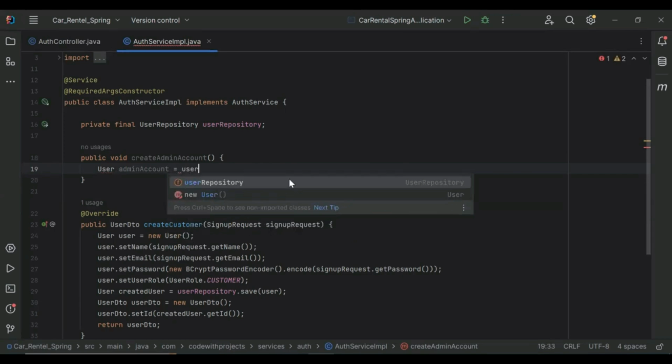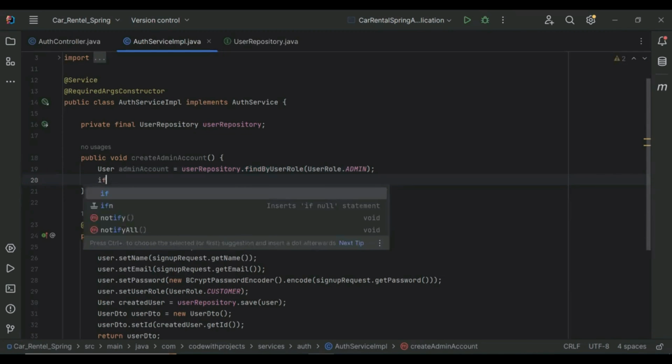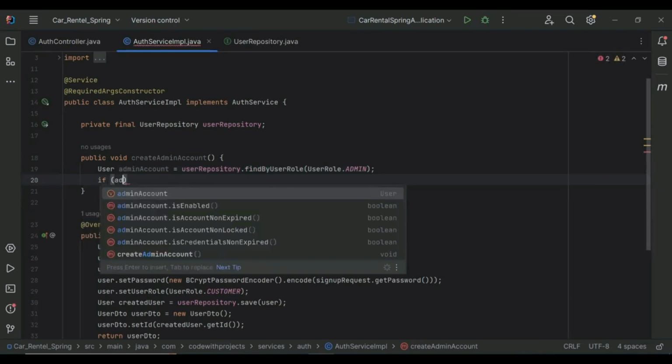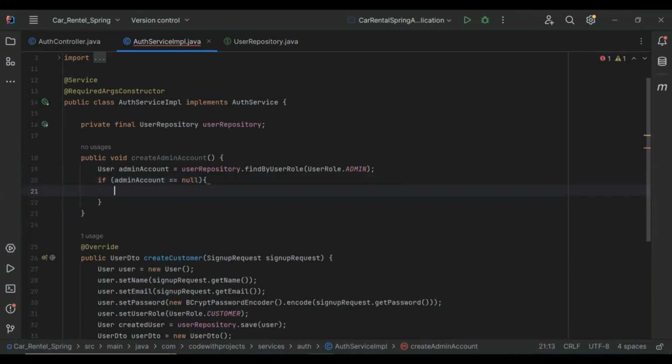This will save the response of this method, userRepository.findByUserRole, and here we need to pass UserRole.ADMIN. So let me create this method in our user repository, and it will return a user. After that we need to add a condition to check whether the admin account is equal to null. Then we need to create an admin account, otherwise not.